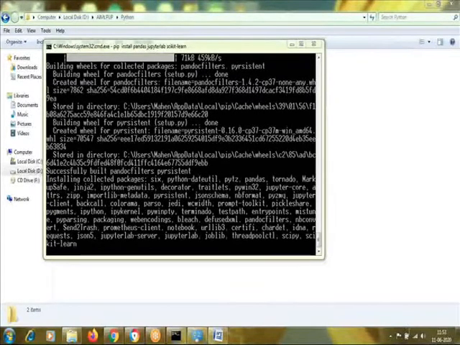So I'm going to type the commands on the chat box also. So you can verify the installation using those commands which I type on the chat box. Okay.